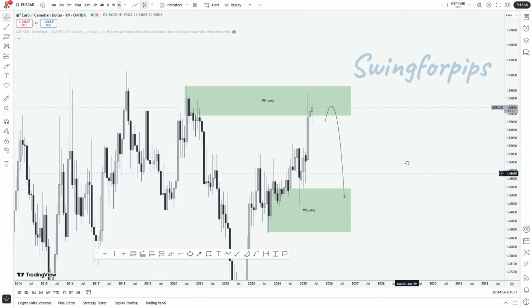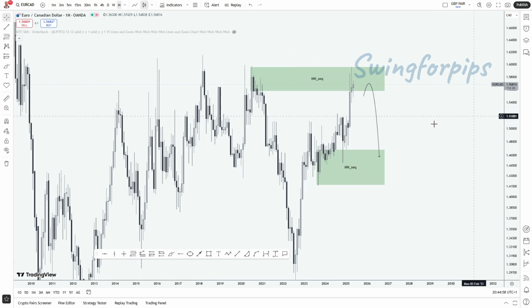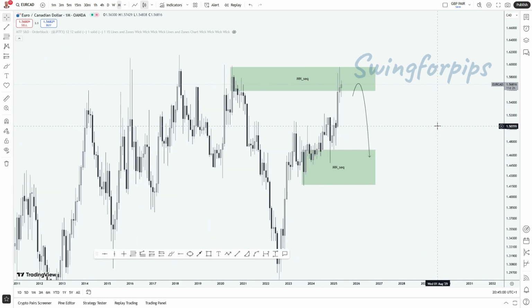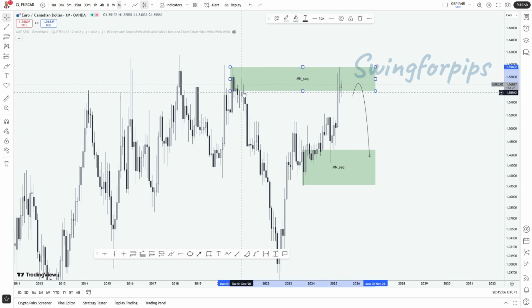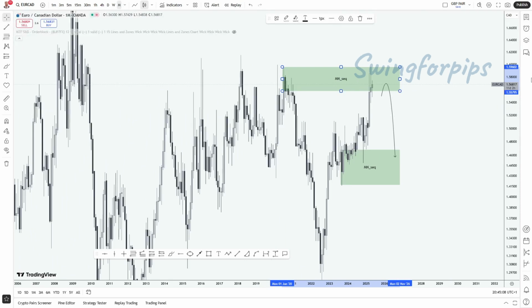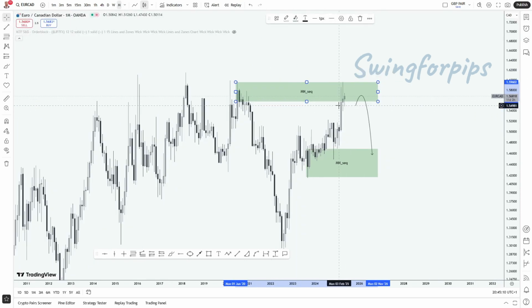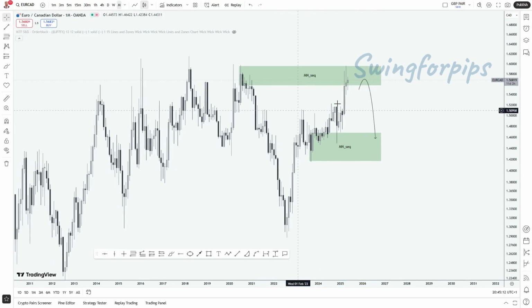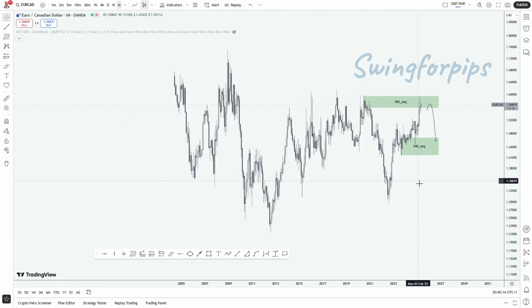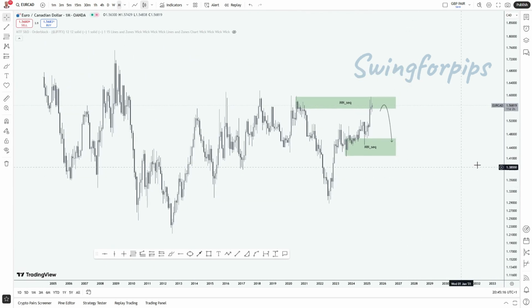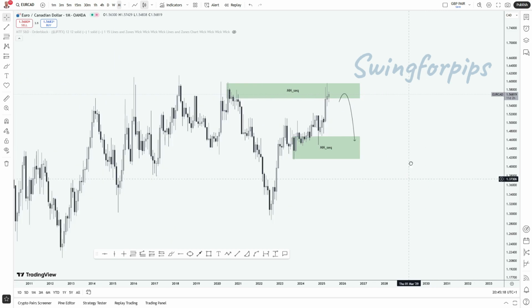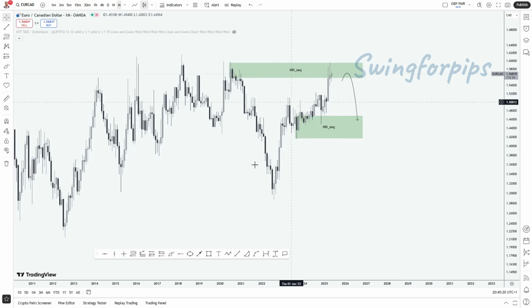Looking at the euro card right here, it has been giving us some signals, but we're actually looking at what it's trying to do. We are actually in a supply zone on the monthly time frame. The monthly time frame is actually bullish, because it has eliminated a zone right here. It has eliminated this zone